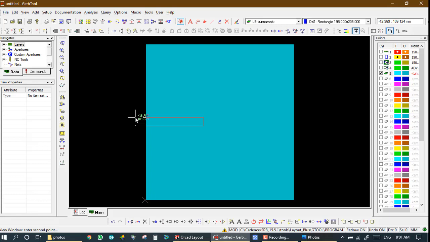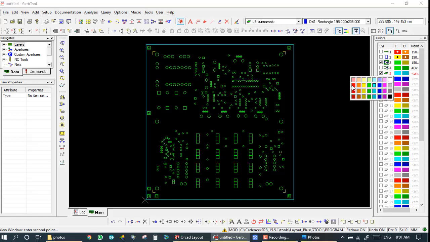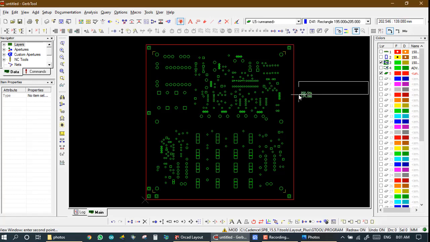So with home, now we have 2 layers. This is my layer 5. I must change the color of the layer and set it to red. So click on it and set red color. So red color is my 5th layer that we made new, and green color is my masking layer, layer number 4. So now we want to invert the color, so we composite layer 3 and 5.